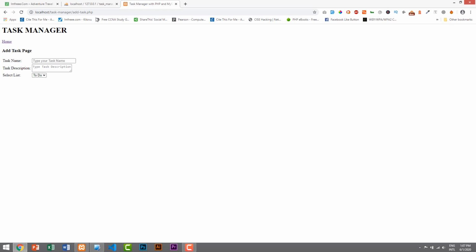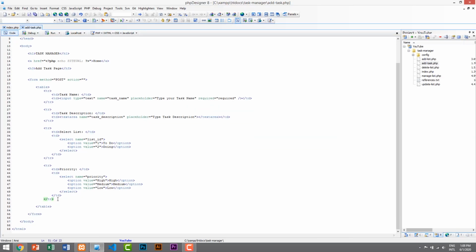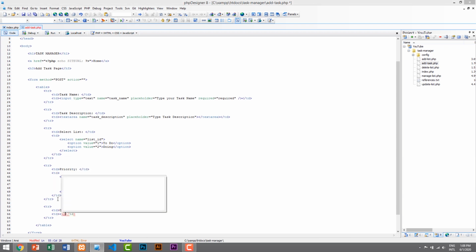Let's go to our browser and refresh the browser, and here we have priority, and if we click on this icon, then we have 3 different priority levels, which are high, medium and low, and the last one will be deadline. So let's create another row tr, and inside that row we will have columns td. First column will be the name, which is deadline, and here we will be adding the date for the task to be completed. So here we will add an input tag,